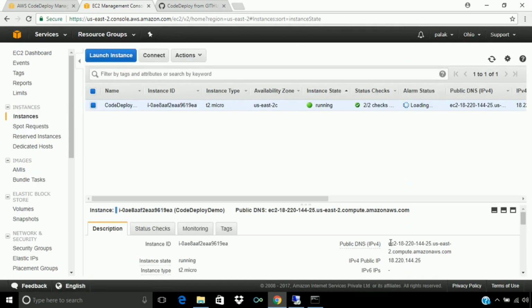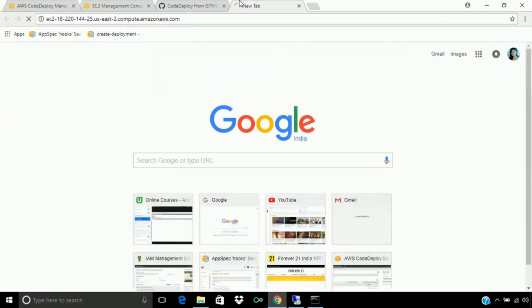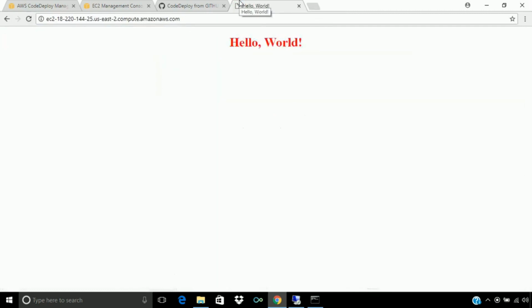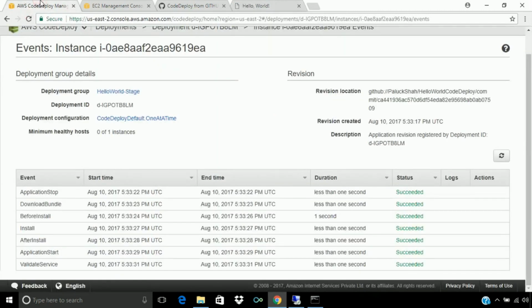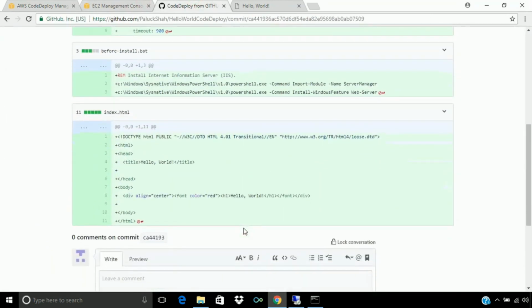So let's copy this DNS. Here in index.html we haven't changed anything.